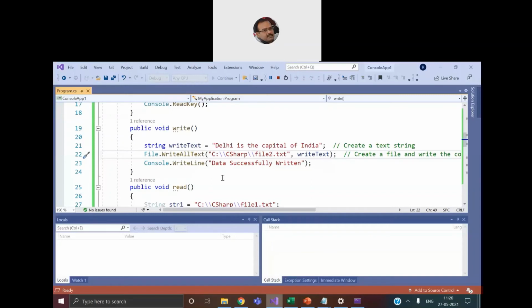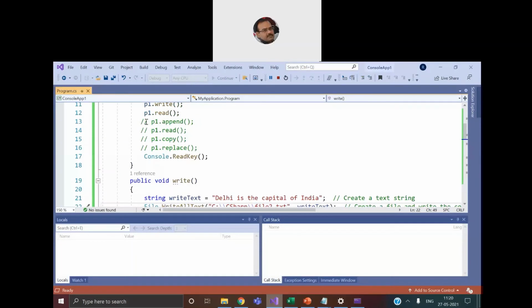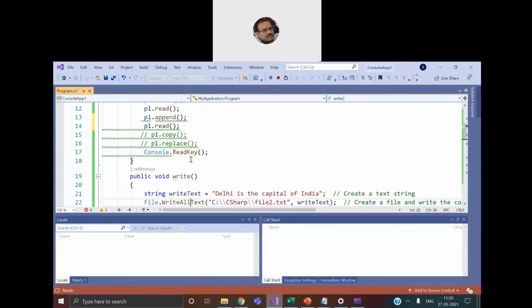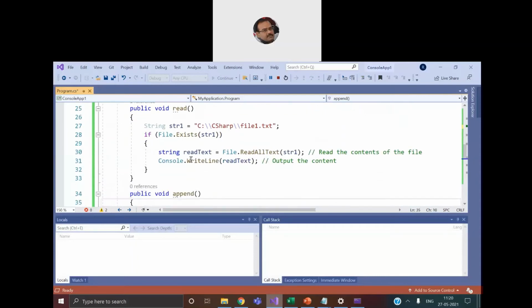Now we do something more. Now let's uncomment one more function, append, so that it can be called by the CLR. And again we read the content of it. Now we move on and we come to the append function. Append, we already know the meaning of the word append.